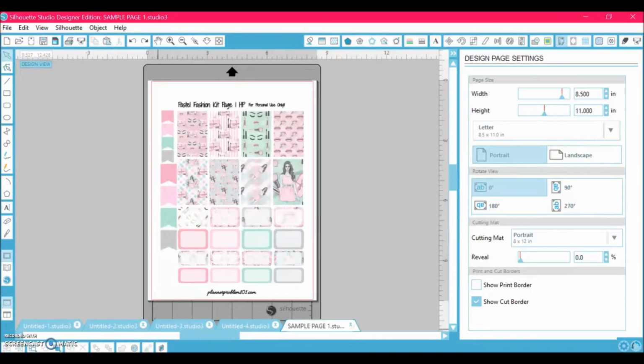Hello everyone, so today I'm going to be doing a video showing you how to quickly and easily add cutline files to any Silhouette file that you have. And this is useful for a number of people. Specifically, it works really well for someone who has designed their own stickers and wants to quickly add cutline files,